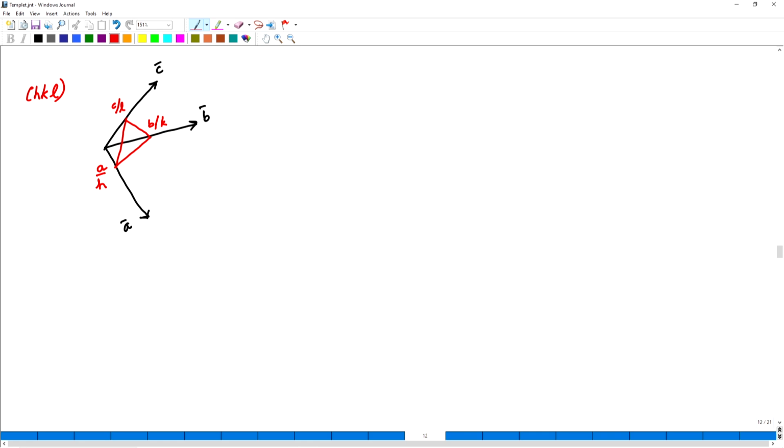So, here the important thing that I am trying to focus on is that any plane HKL does not mean one plane. My lattice is infinite, so it is going to be a set of parallel planes. Now, where would the next parallel plane come? The next parallel plane will come if I take another distance of A by H. So, this will become 2A by H, here this will become 2B by K, and 2C by L, and draw a second plane.